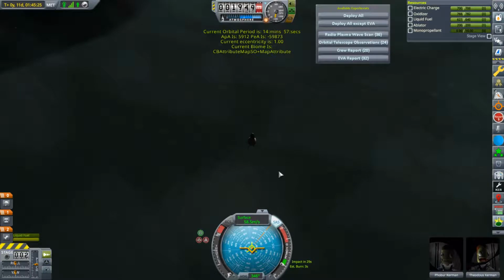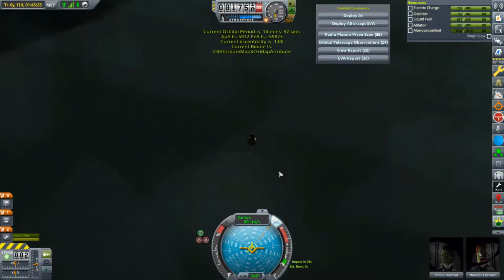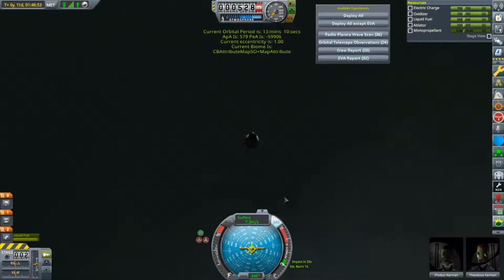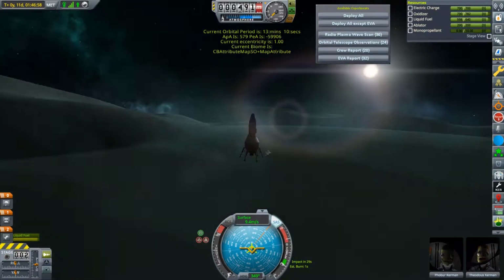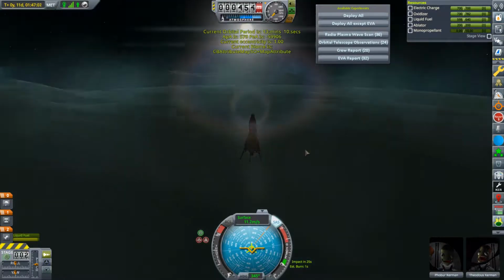Alright, quick save again. Slow down. At this speed, we should be fine. Wow, it's really dark, so it's hard to see where I'm at. I don't think I'm going to be able to rely on a shadow, so...